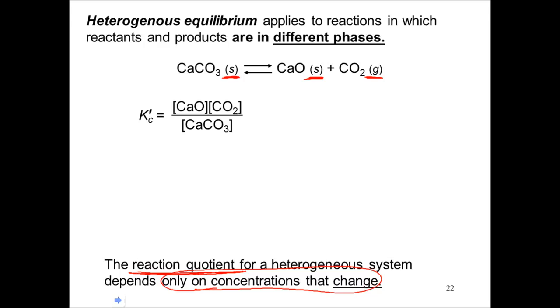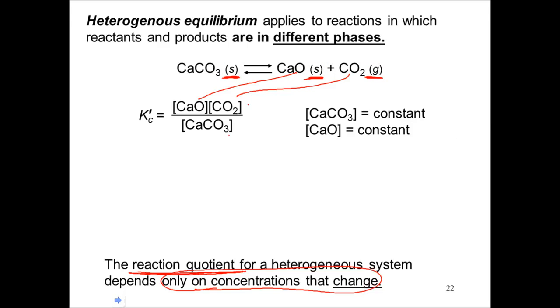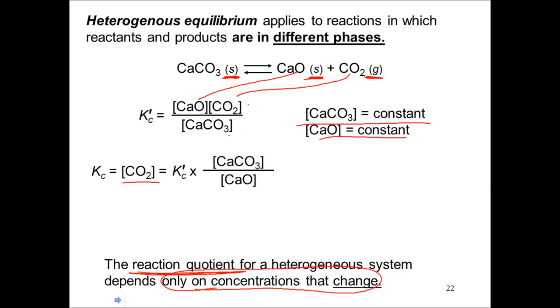Now, Kc, you would think, is going to be equal to the products raised to the power of their coefficients, times the other products, divided by the concentration of the reactants raised to the power of its coefficient. But notice the phases. We have two solids, and so our calcium carbonate and our calcium oxide concentrations are constant. Therefore, Kc is just going to be equal to the concentration of the CO2,